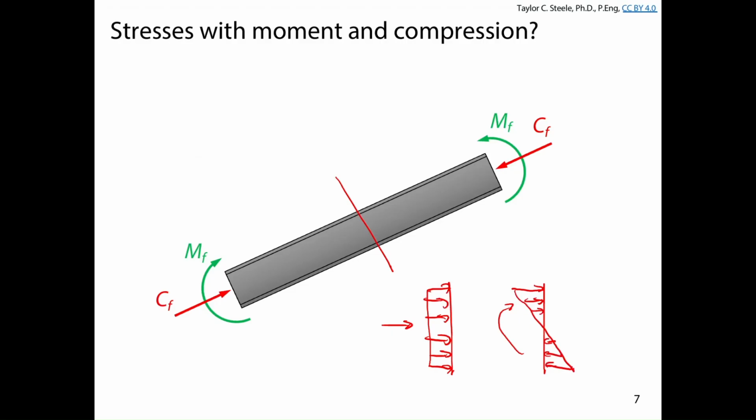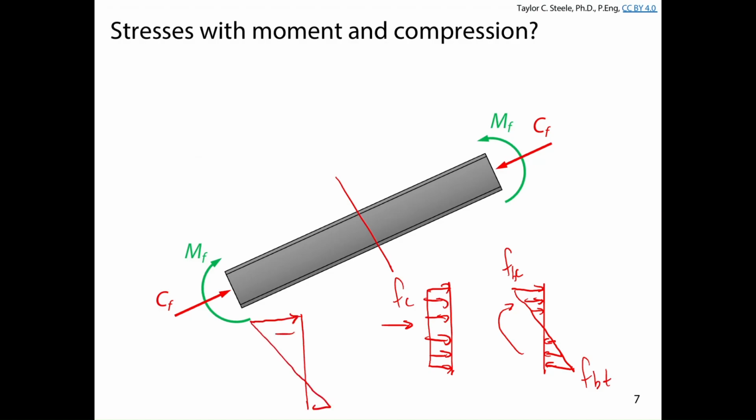So we've got compressive stress from bending, we've got tensile stress from bending, and we've got axial compressive stress from the applied compression force. And as long as the section remains linear elastic, and these stresses, when combined, don't exceed the yield strength,